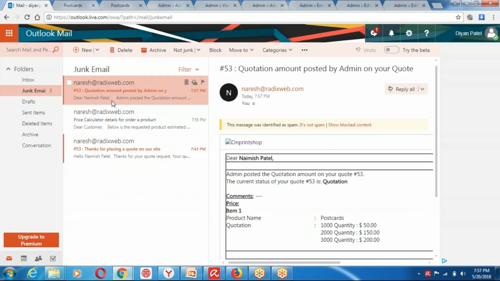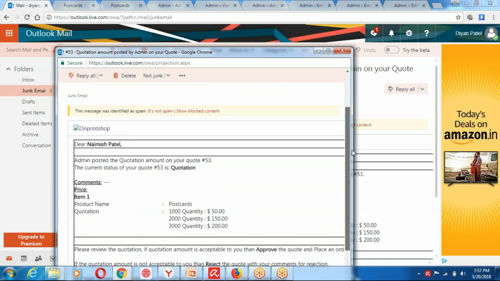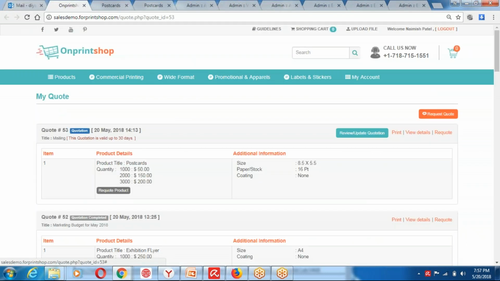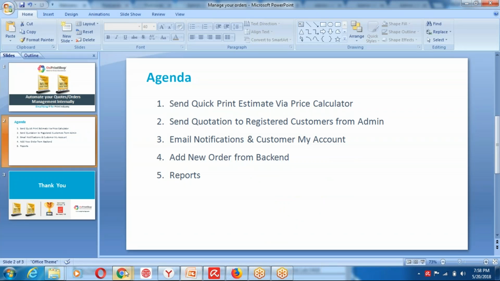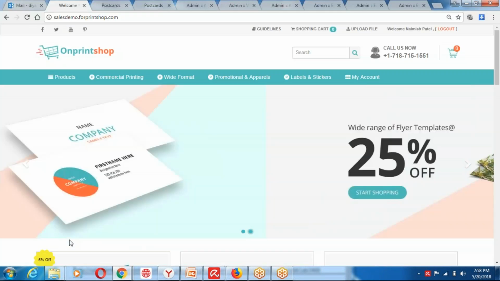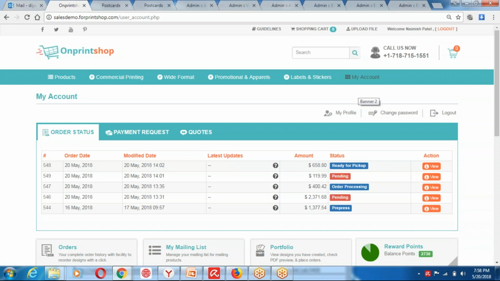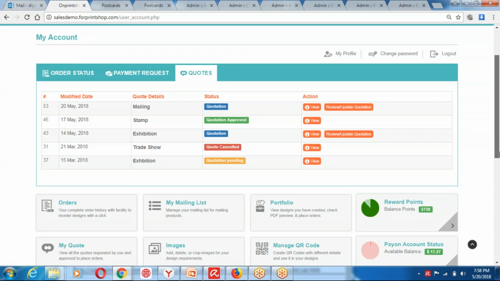But at the customer end, this is an email I have received as a customer, that the quotation is added for the item. If I need to access this quotation, I can simply click here as a customer, and this will take me to your storefront, in my account section. So this is the third part which I would show you very quickly: the customer my account, which is very important for customers to communicate with you, and they would also enjoy working with you because whatever activities they are doing, in terms of you sending them quotations or them requesting a quote, every piece of information is recorded into their my account section, so they can go anytime and access it from your storefront.